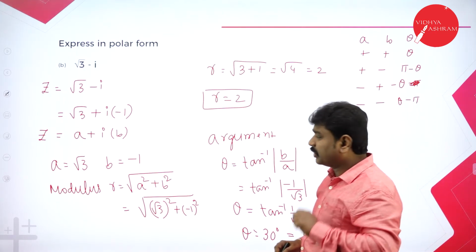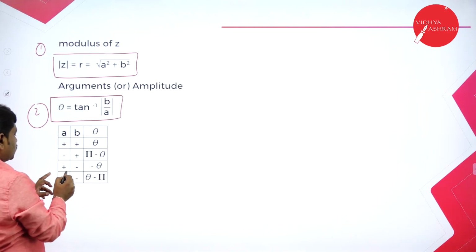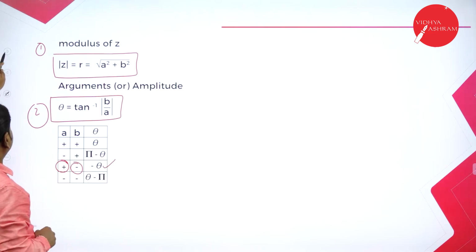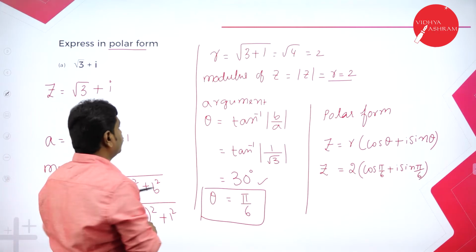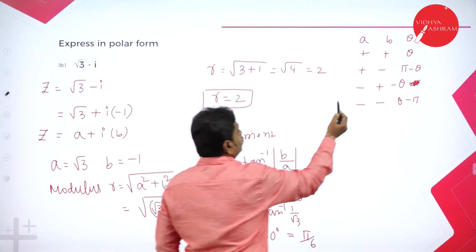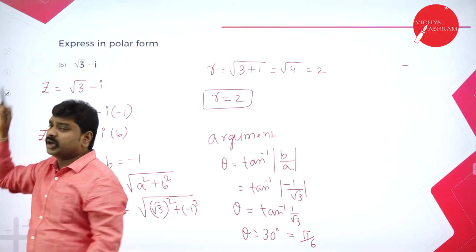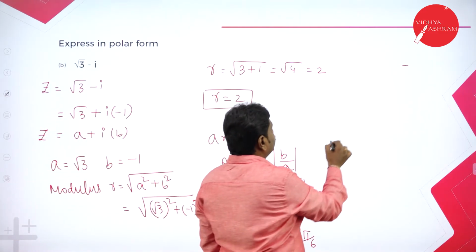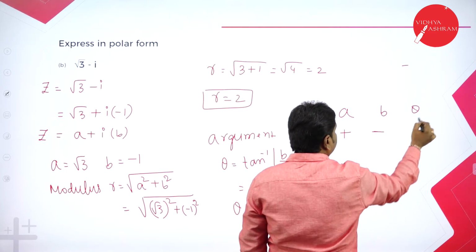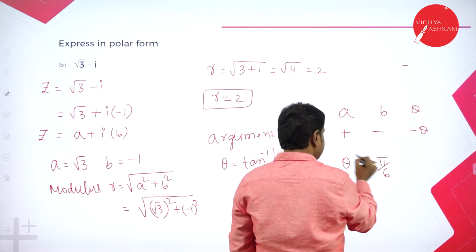So now here this comes in the case y negative. So x positive, y negative. So I should take minus theta. You take what? Minus theta. So now your argument is minus pi by 6. Your argument is minus pi by 6. So now the conclusion is simple. A is positive, B is negative, right? Since A is positive and B is negative, that's why theta will take minus theta. So therefore the argument is not pi by 6, we will take minus pi by 6.